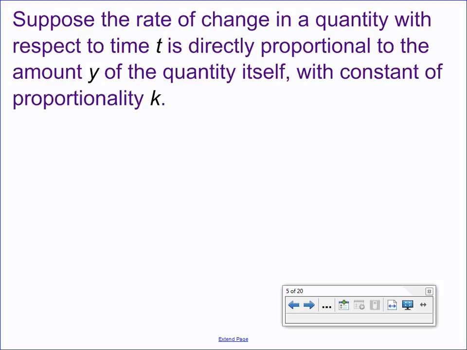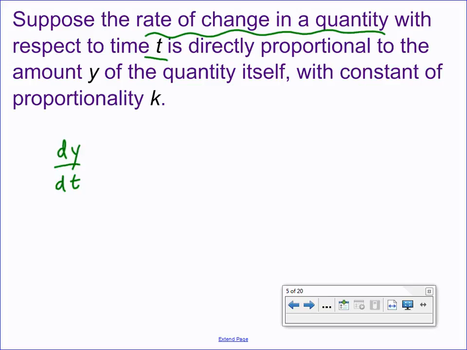Suppose the rate of change in a quantity with respect to time t is directly proportional to the amount y of the quantity itself, with constant of proportionality k. Suppose the rate of change in a quantity, so there's my derivative. Let's translate that into a differential equation. The rate of change in a quantity with respect to time t, so there's my independent variable, we can translate that into a differential term: dy/dt,